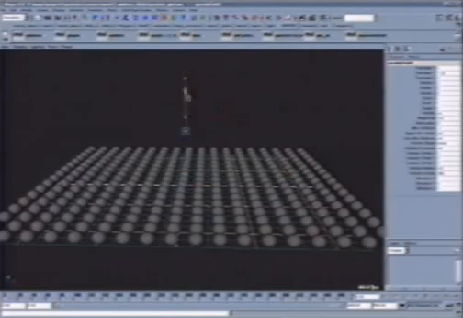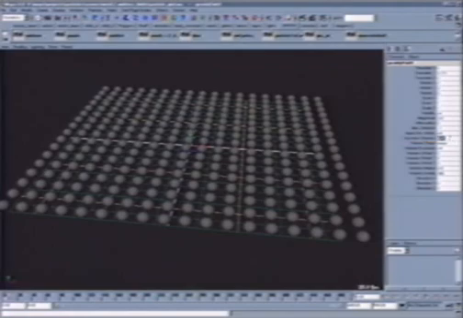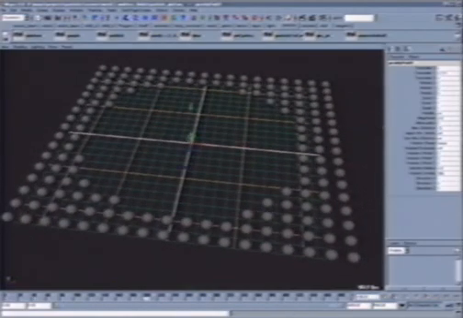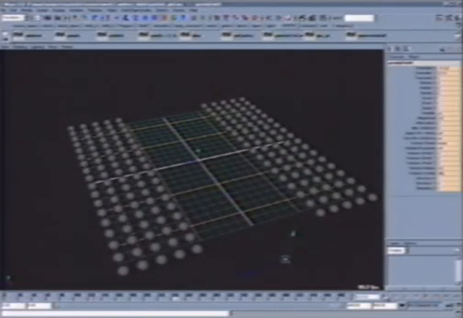Now if I go and move the gravity field to the origin, to the center of all these particles, and turn on use max distance, and enter a max distance setting of 10 units, and hit play, hopefully that is pretty straightforward of what max distance is doing. And then if I enter, let's say, a max distance of 5 units, and keyframe this field moving, and so I put it to the left, set a key, move it to the right, set a key a few frames later, and hit play, you'll see how that max distance combined with the translation animation on that gravity field